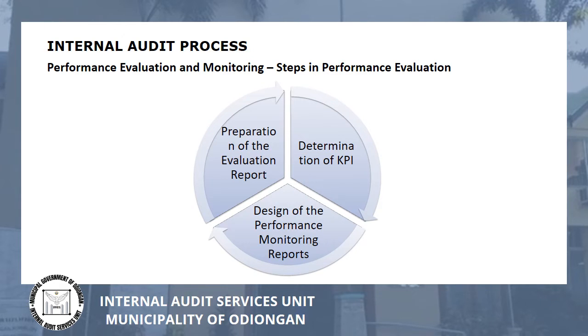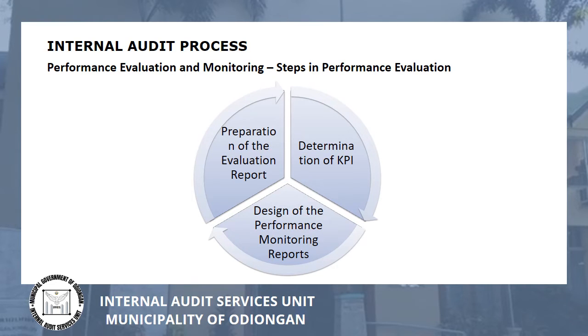KPIs include measurements of the IAS accomplished per audit engagement, such as timely completion of each audit engagement, benefits exceed the cost of the audit, within the approved budget, number of audit findings approved by the department head or the local chief executive, number of recommendations implemented by the auditee, and the number of audit support undertaken, and lastly, the internal audit satisfaction and the overall contribution made by the IAS.